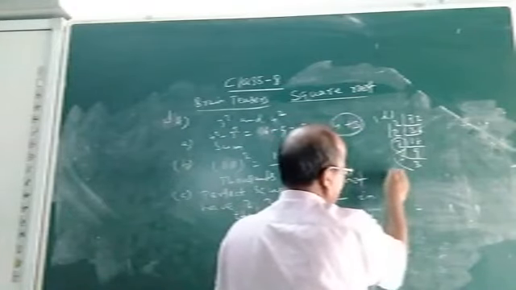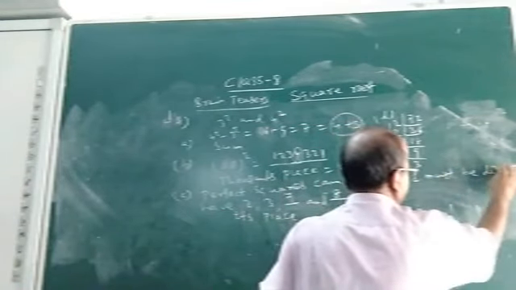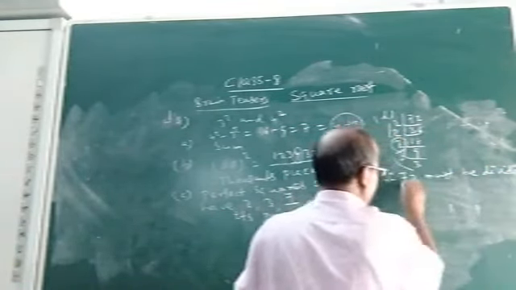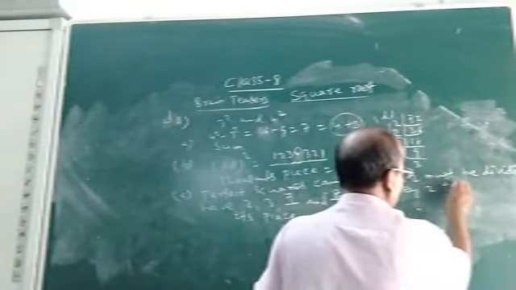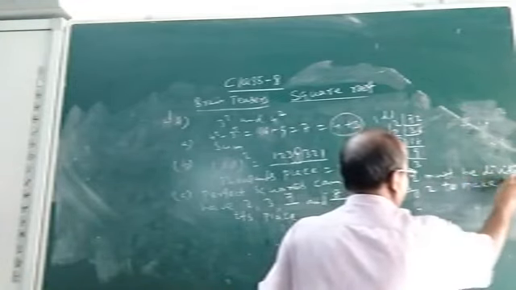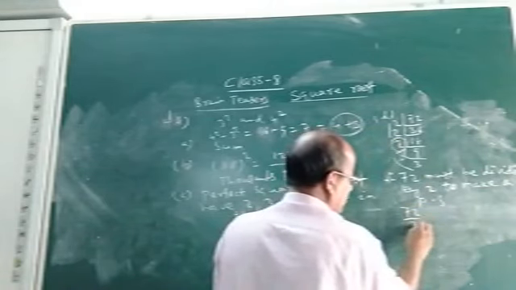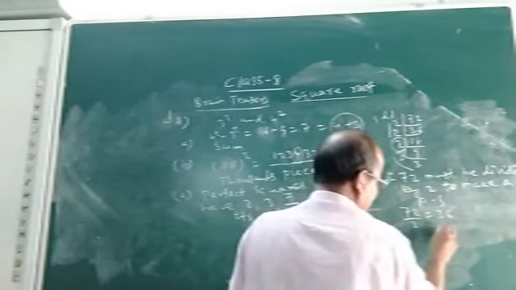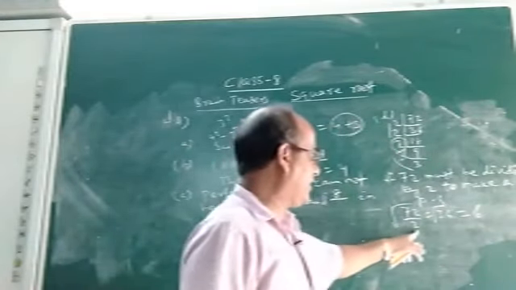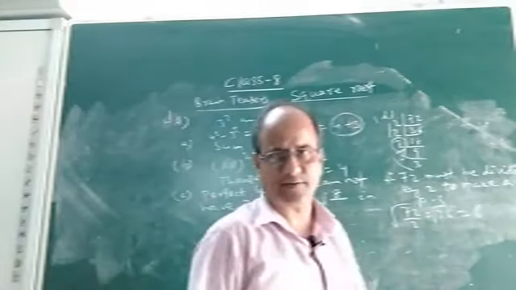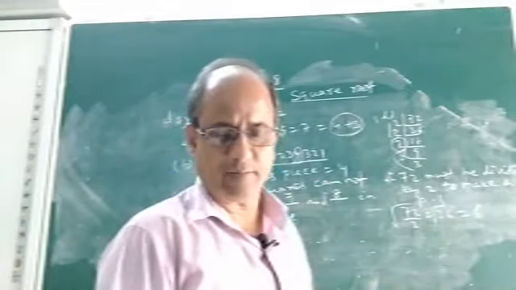Therefore, this number is left unpaired. Therefore, 72 must be divided by 2 to make it a perfect square. It can easily be verified. 72 divided by 2 is 36, and taking the square root, it will be 6. So 72 must be divided by the smallest number 2, so that it will become a perfect square.